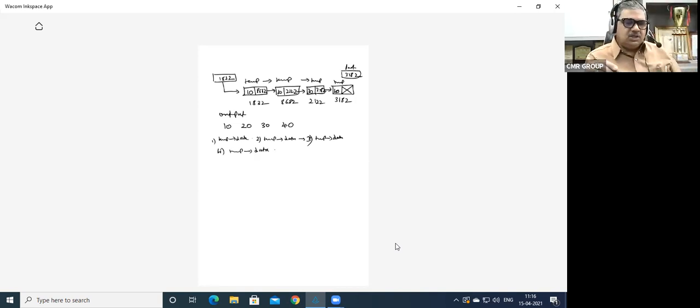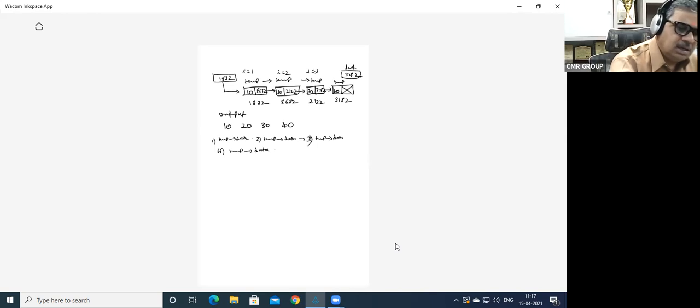So what should be the condition? One condition is that you take I is equal to 1 and start the printing, and while I less than or equal to n, I plus plus you do it. When I is equal to 1, this gets printed. I is equal to 2, the second one gets printed. I is equal to 3, the third one gets printed. I is equal to 4, the fourth one gets printed. When I is equal to 5, it is not going to print. Are you getting the point or not? Very simple.